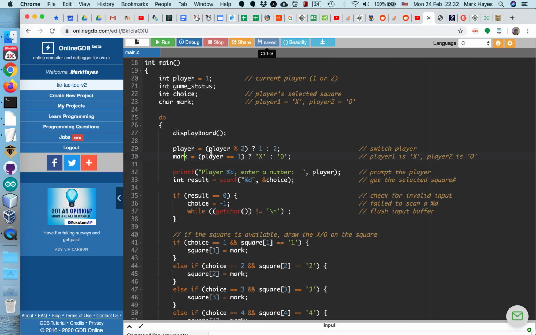In the same way on line 29, it's doing a mod on player 2. So if the current player is 2 and you mod that, this will evaluate to 0. Now, in C and Java and other languages, 0 is considered false. Anything non-zero is considered true. So this expression evaluates to 0 if the variable player equals a 2. And because it's 0, it's false. So it's going to assign,